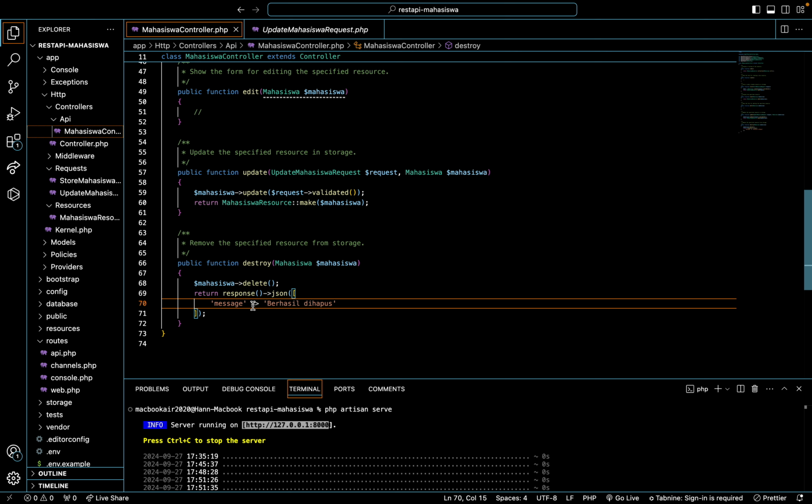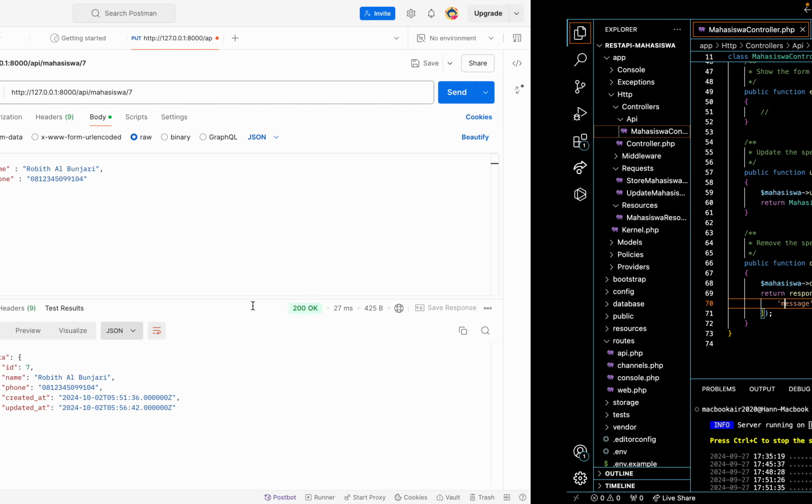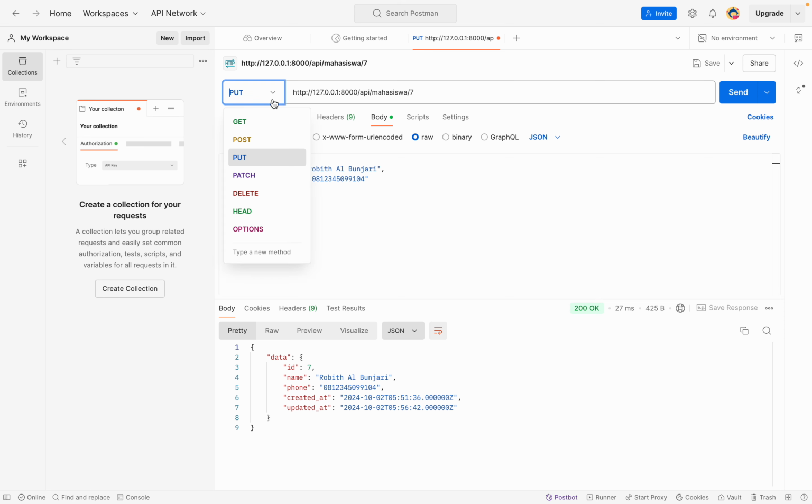Maybe I only write berhasil dihapus, and then we will see in Postman, and then delete, and I will delete data 7.